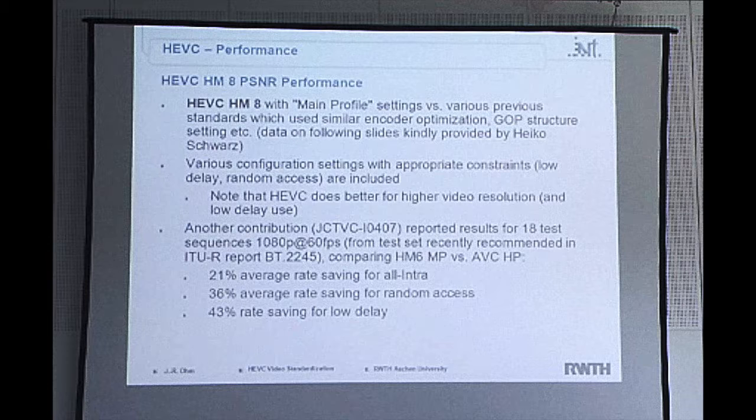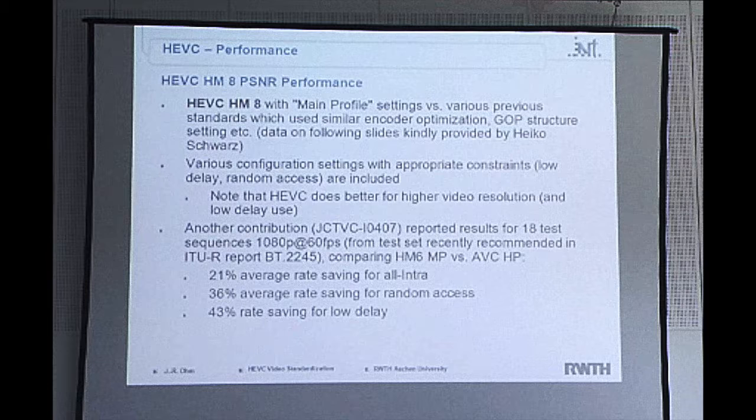Now something about performance. I have brought you here a number of results in terms of PSNR comparison, how much bitrate saving we have at the same PSNR. Those results, by the way, were provided by Heiko Schwarz of HHI. They are coming from an upcoming publication. So in December there will be a special issue of the IEEE Transactions on CSVT on HEVC. That includes an overview paper and a paper that makes an assessment, and those graphs come from this assessment paper.